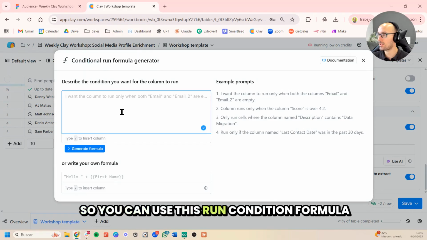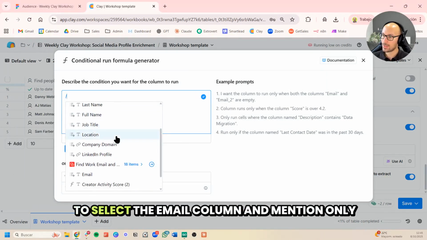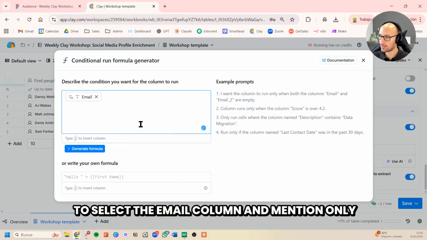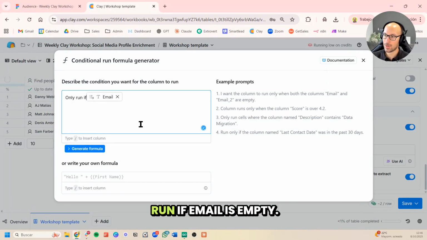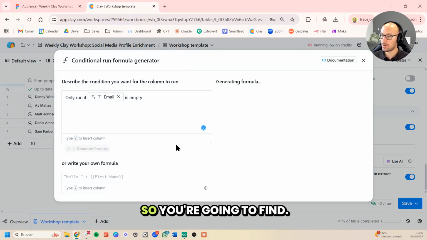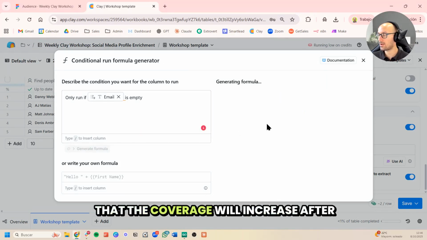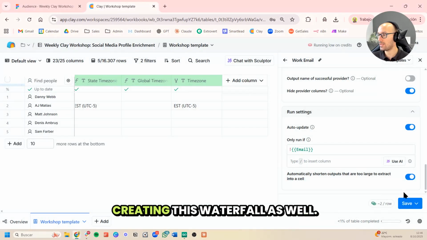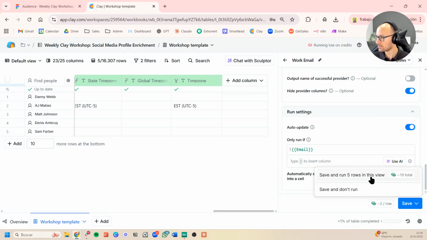You can use this run condition formula to select the email column and mention to only run if email is empty. You're going to find that the coverage will increase after creating this waterfall as well.